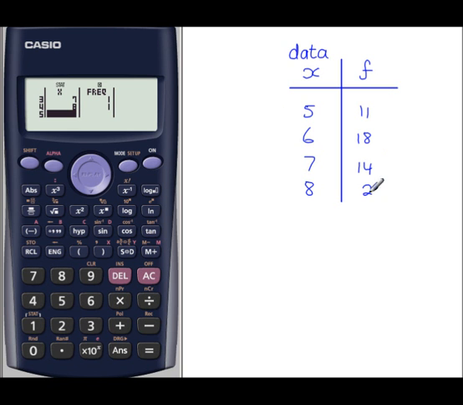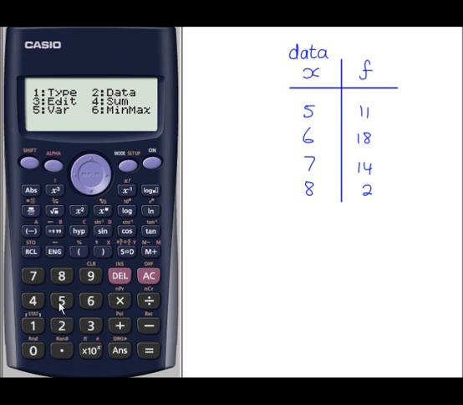And now we're ready to put in the frequencies. To go to the top of the table, scroll down just once, and you go to the top of the table, scroll to the right, and now enter the frequencies. Double check your data. Once you're satisfied it's correct, press the AC key, Shift 1 for statistics,